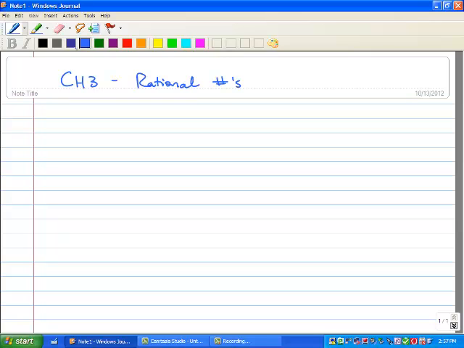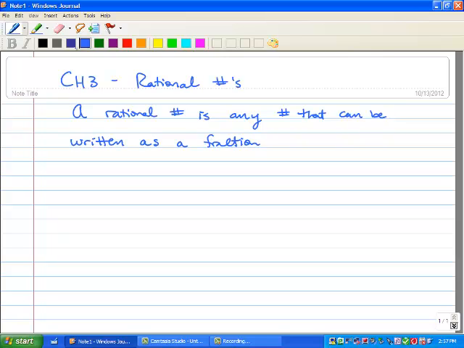And you might ask yourself, well, what is a rational number, Mr. Waterman? Well, a rational number is any number that can be written as a fraction. All right? Now, if we want to write it as a fraction, we can write it as m over n,